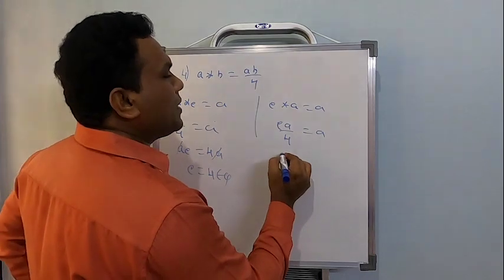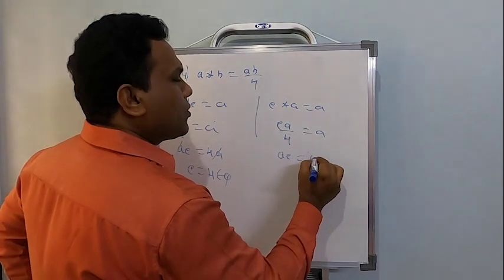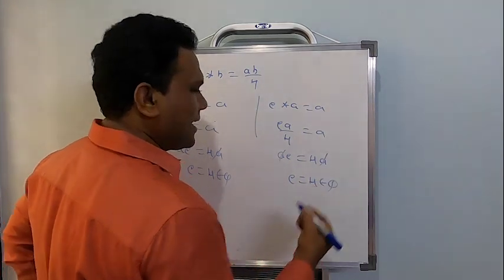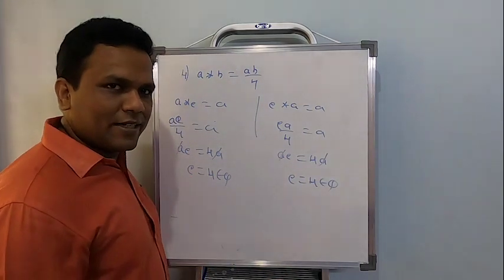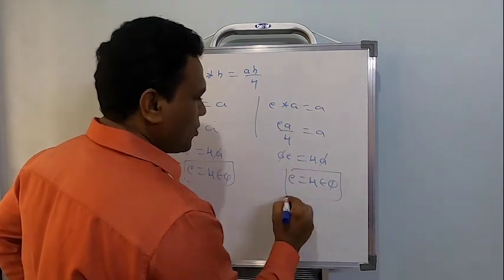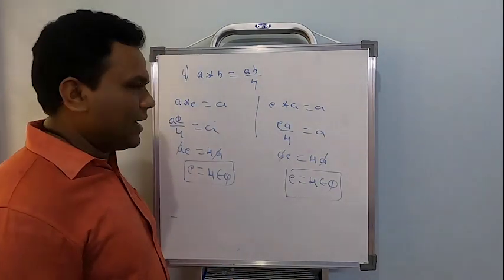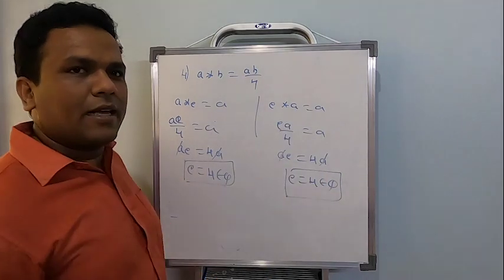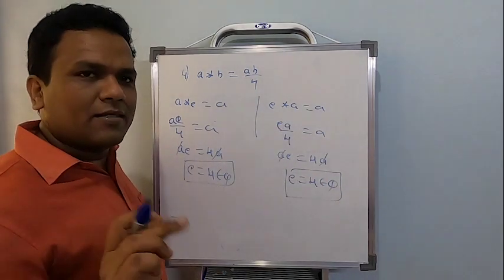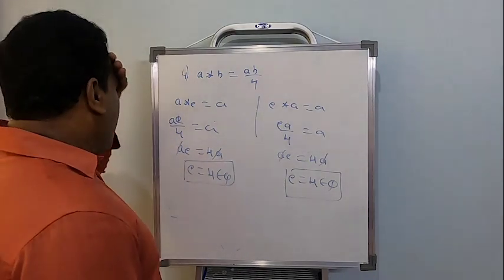Let us see here. Now ae is equal to 4a. Eliminate a. Look at a clear example for existence of identity. Now here also it is e equal to 4 only, and here also it is e equal to 4. Right. Whatever way you do, e star a or a star e, in both cases only one element will act as the identity. This is how it should be checked.